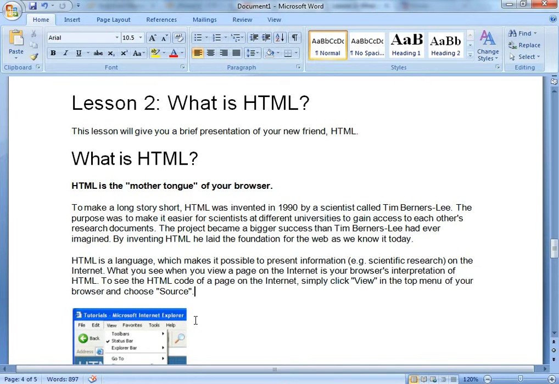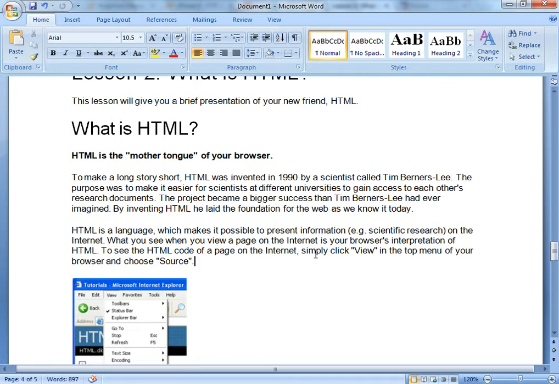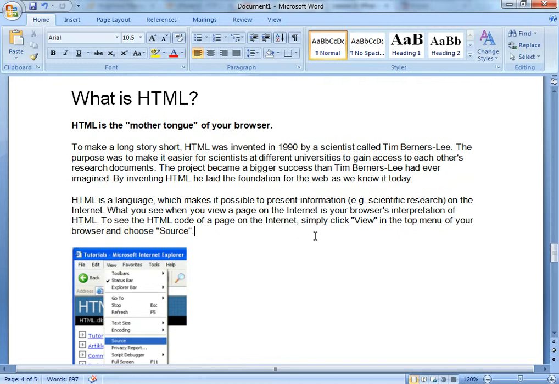Well, this lesson will give you a brief presentation of HTML. Actually, what is HTML? HTML is the mother tongue of all your browsers. To make a long story short, HTML was invented in 1990 by a scientist called Tim Berners-Lee. The purpose was to make it easier for scientists at different universities to gain access to each other's research